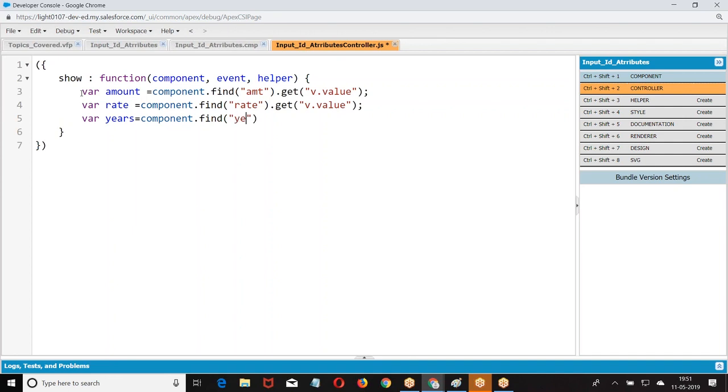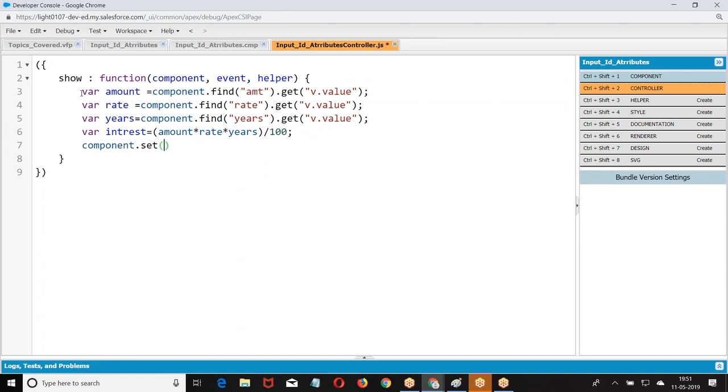Right. Get the values. Amount. Right. Now, whatever the data we got, reading the values based on the IDs, setting these values to component.